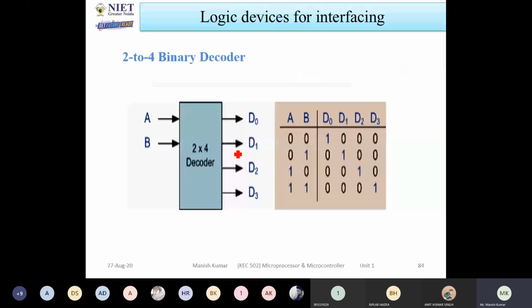Now you can see in this case, this is the reverse process. If you supply two binary inputs, the combination of these two is 4: 0, 0, 0, 1, 1, 0, 1, 1. So for every input, one output will be high. Now you can see you can remove that disadvantage of the encoder. In the encoder, if two inputs are high, you can't get the output. But in this case, if two inputs are high, you can get the output, no problem. If 3 pins are there and all 3 are high, you can also get the output.